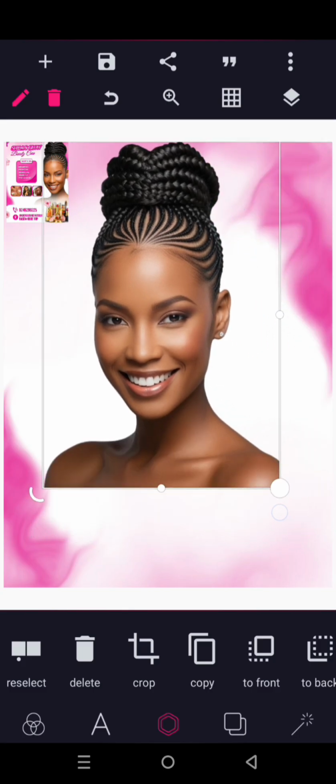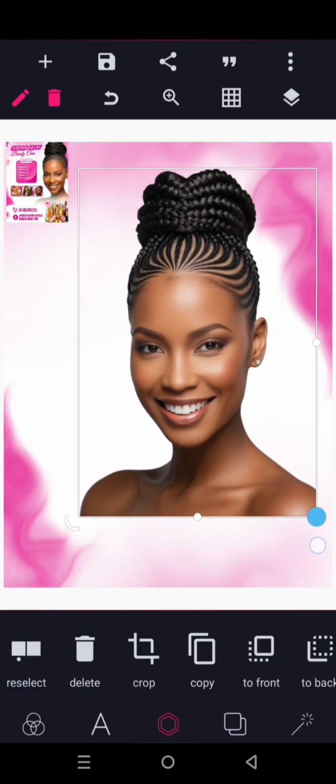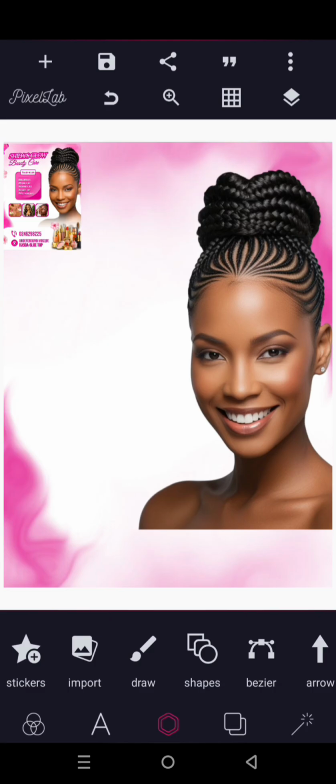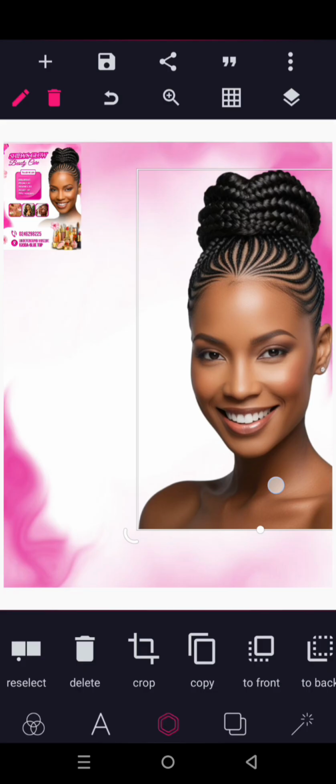zoom it a little bit, make it appear very nice. So let me make this thing clear. Whenever you are designing a flyer, please make sure you go about these 4 things to get a nice flyer. First of all is background. After doing the background, you bring in your image. That's the next thing, image. The third one should be your text, and the last one your effects. You add your effects and final touches to the design. I hope you get it. So you place it here,